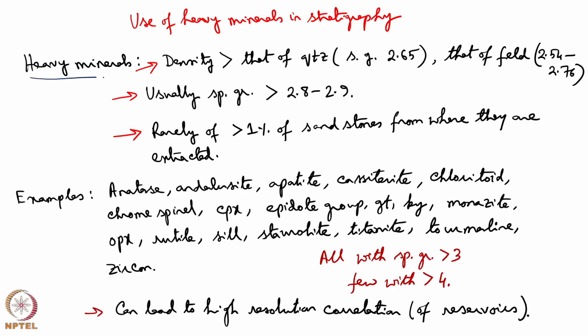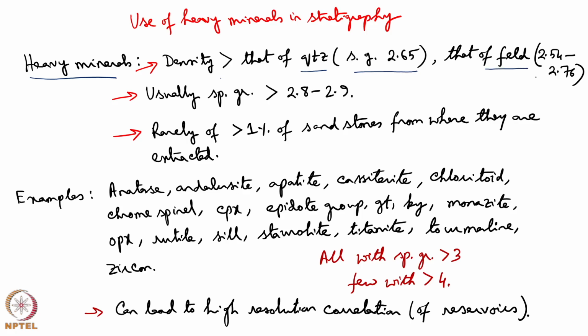We are going to see how the heavy minerals are used in stratigraphy. To do that, let's understand what is the meaning of heavy mineral. These are minerals with density more than that of quartz. What is the density of the quartz? The specific gravity is 2.65, and heavy mineral density can also be defined to be more than that of the